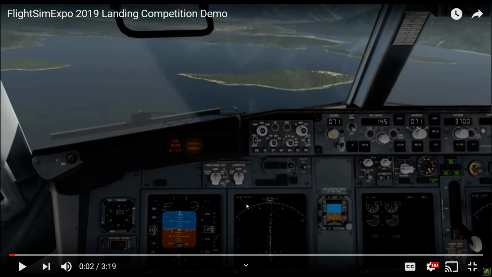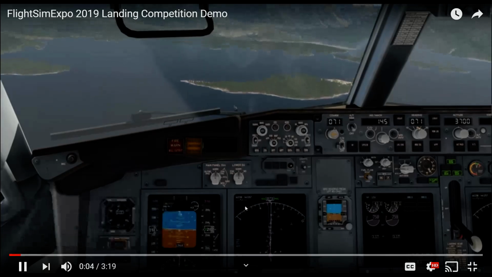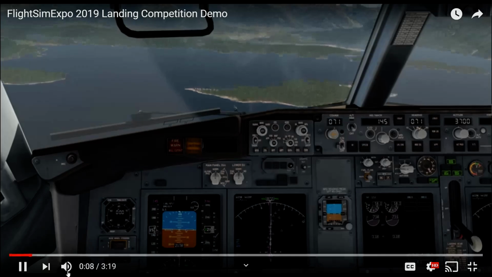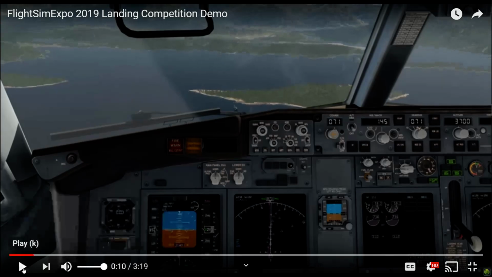I can't see. Let's see. I'm going to demo the approach that we'll ask you to do for the landing competition that Laminar Research is going to, 072. Which is 8 degrees offset, not 14. I thought he said 14. Alright,